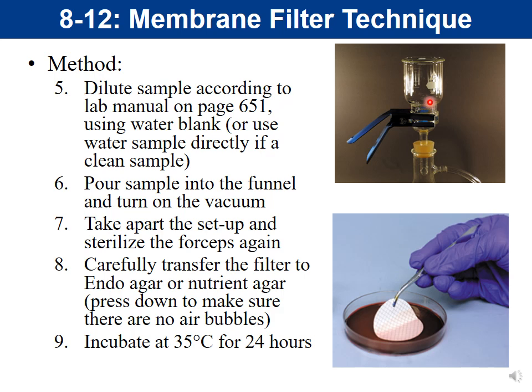So the bacteria would be on this filter here. After we pass the water through, we would turn off the vacuum, and then you take off this collection cup. So take off, disassemble it. Then use your forceps again, which are stored in the alcohol. You would need to catch them on fire and then allow them to cool. And then you would use those sterile forceps to pick up the filter and place it